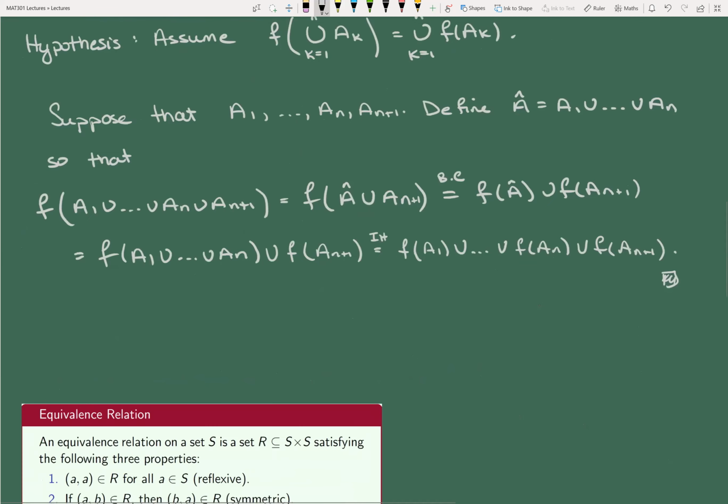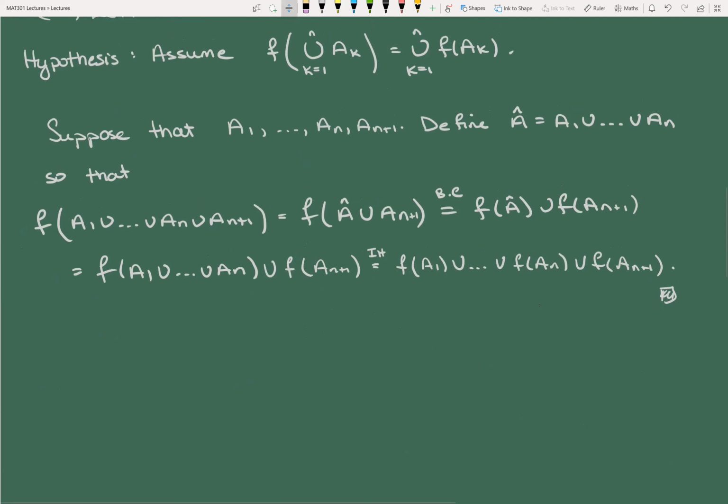Or maybe let me phrase it a different way. So here's just kind of like a bonus thing. And this is pretty important, right? You should know whether this is true or not. So let me say f of the intersection. Okay, so the question here is, what do I put here?